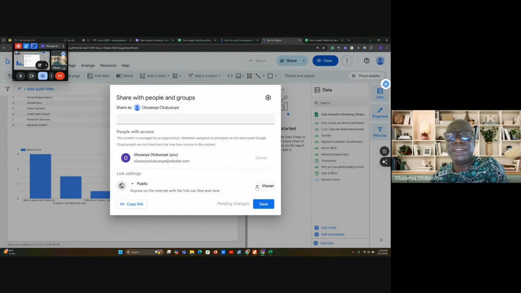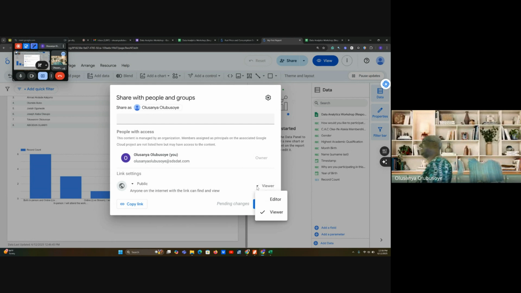Then, if you want the public to be able to view it, and you don't want them to edit it, because if you give them the permission to edit, they will. You have invite people under the interface. So as a click,